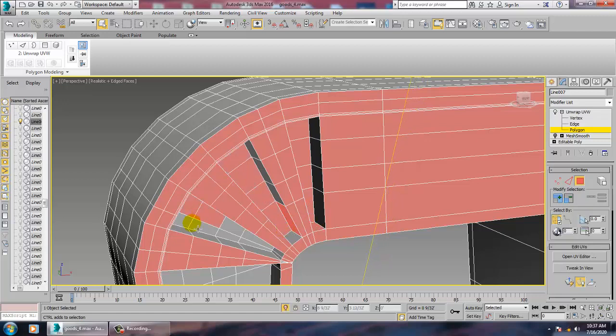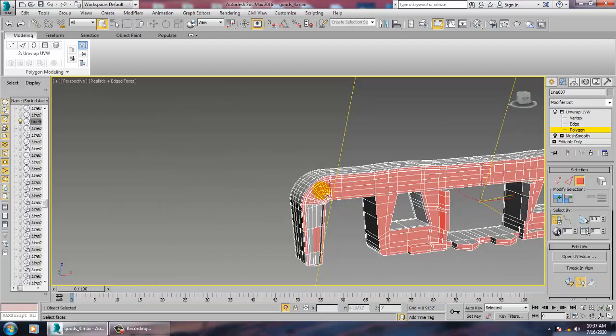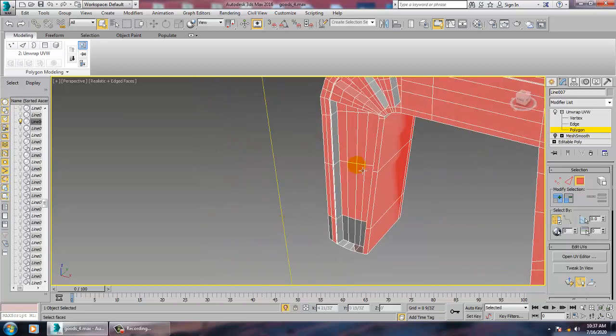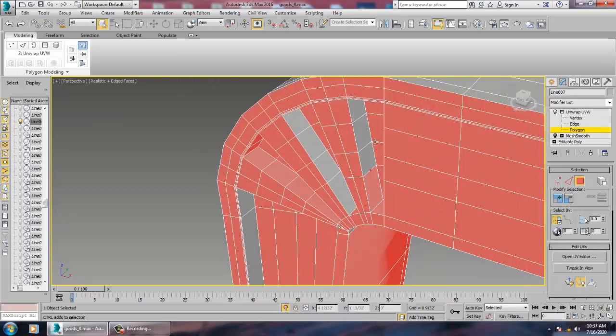So select this. What we are doing is I'm just showing you the unwrapping for this. We'll be using a planar mapping over here. So we are selecting this with the polygons.